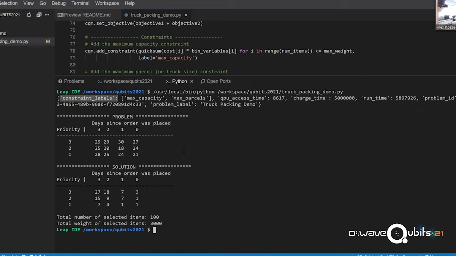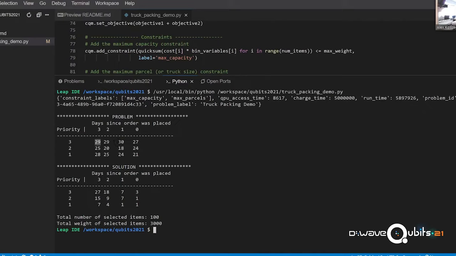I'm showing here the distribution of the packages. So in terms of their prioritization and the number of days that have passed since the order was placed. So you'll see we have, for example, out of the 300 packages that we're considering, we had 29 that were ordered 3 days ago and are high priority.